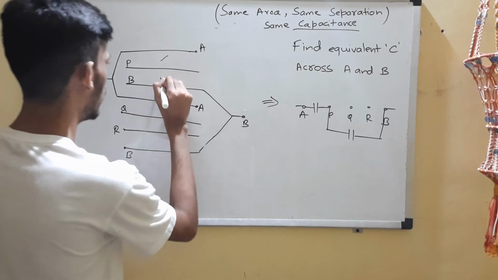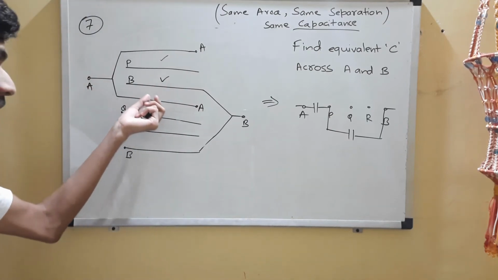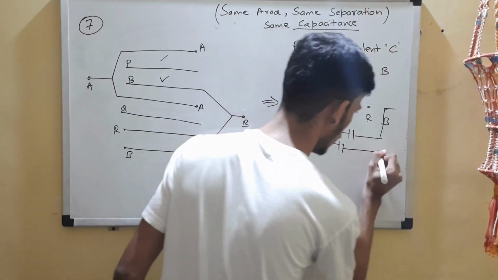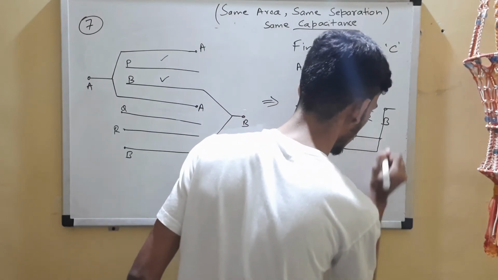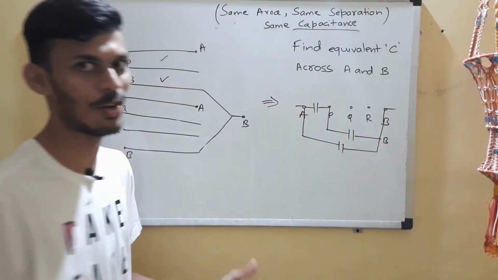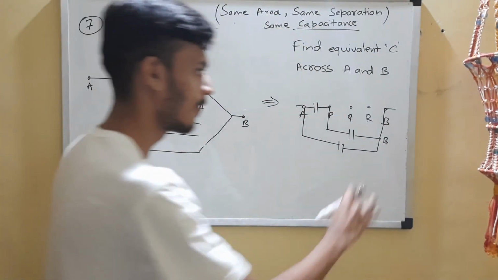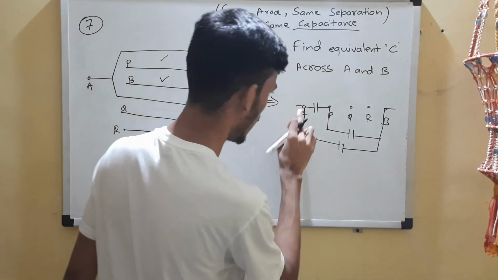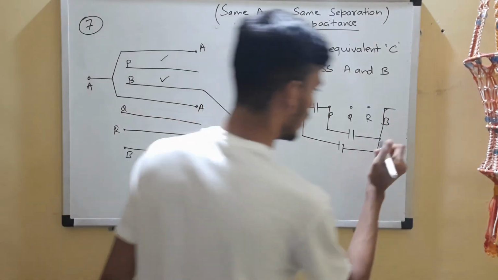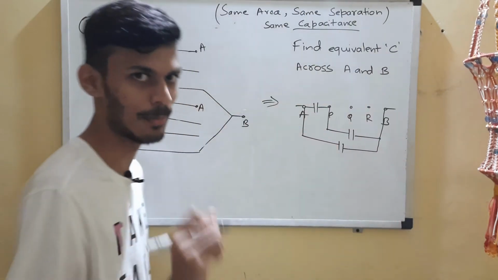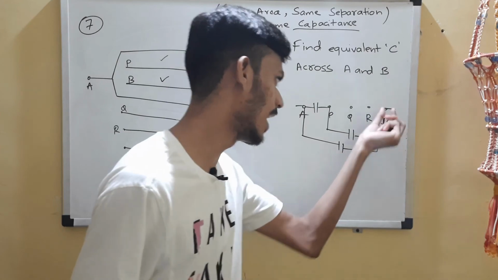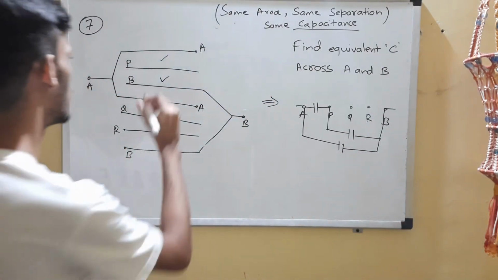Now you can see that this is between B and A. One is connected to A, one is connected to B. I can also connect it over here because the potential over here is also B, right? The potential does not fall across a conducting wire. So you can see that it's still connected between A and B. The potential over here is also B, so don't worry about that. It's connected between A and B. So this is also done.